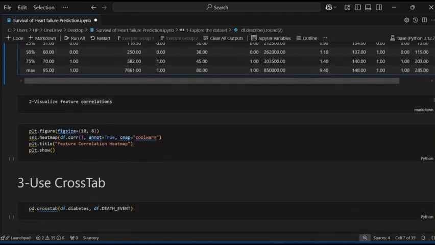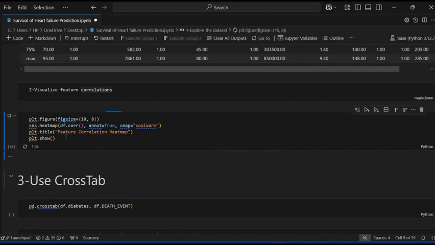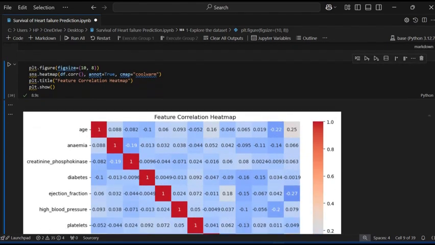Now using the correlation. Correlation is mainly used to calculate the relationship between each column in the dataset. Here I give the figure size, and then use the heat map and df.corr with the arguments annot is true and cmap, and give the title name.